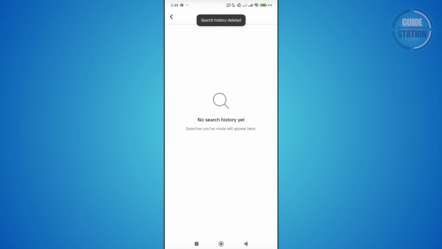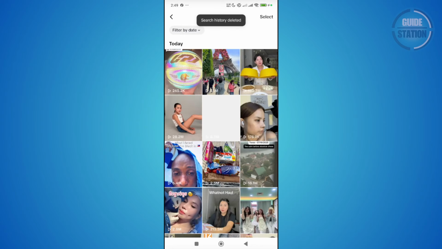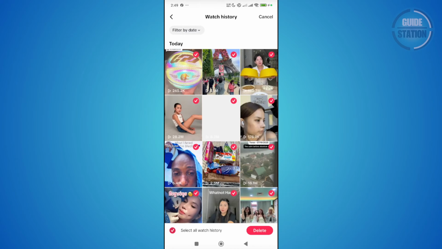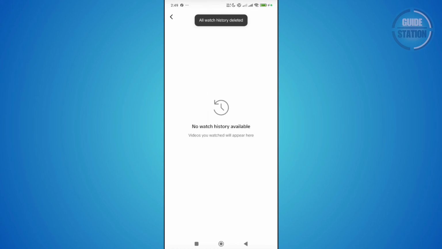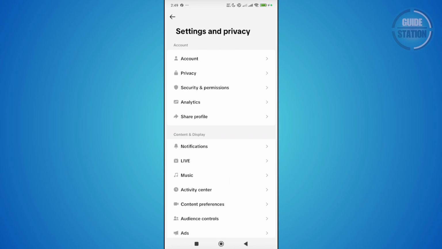all, and delete. Now what you need to do next is you want to go ahead and go to watch history. Again, you want to go and click on select, click on the select all watch history, and click on delete and delete. Now once you've deleted everything here, it will refresh your algorithm here and what's going to be